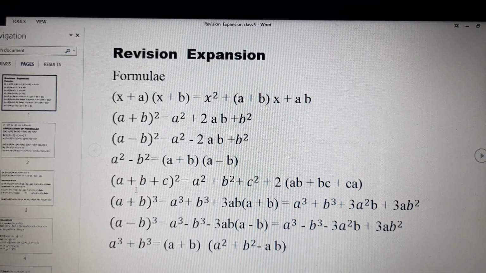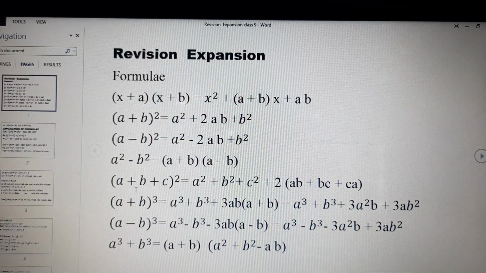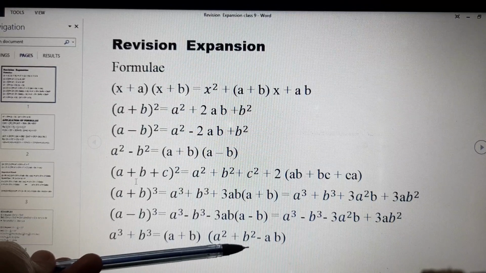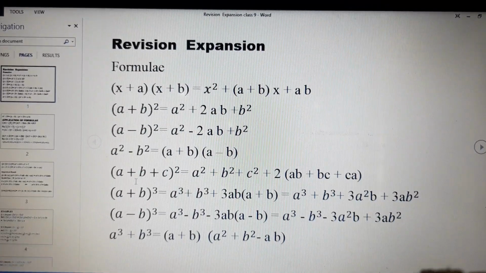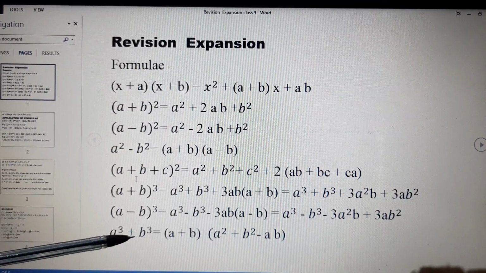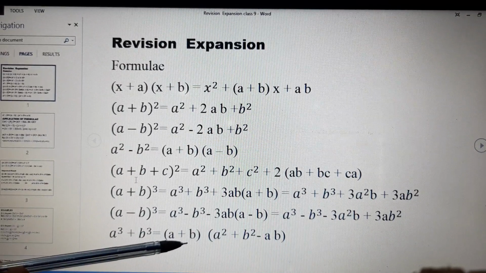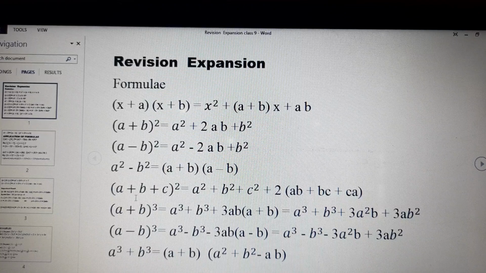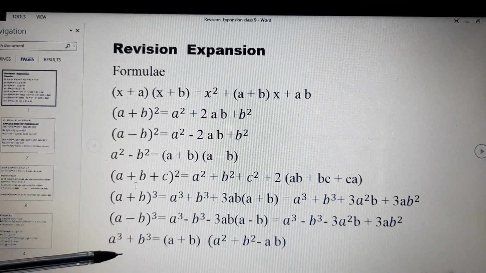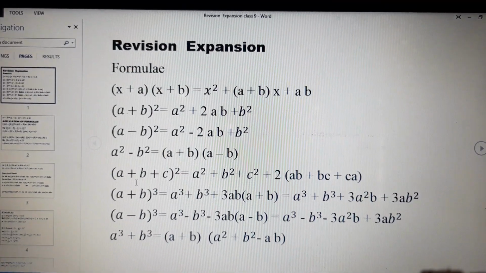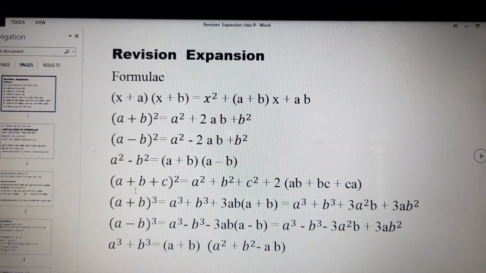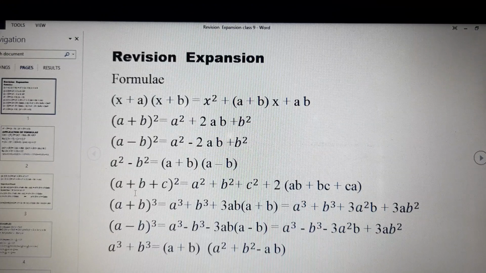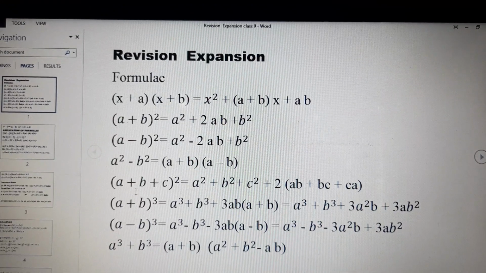Squares will be positive. Remember, squares will always be positive. So in the second bracket, a square plus b square and minus ab, because you have used a plus sign in the first bracket, so you will use a minus sign with ab. Are you getting it? Once again I am repeating, because it was the formula for a cube plus b cube, the first bracket will contain a positive sign and in the second bracket ab will contain a negative sign. Clear?